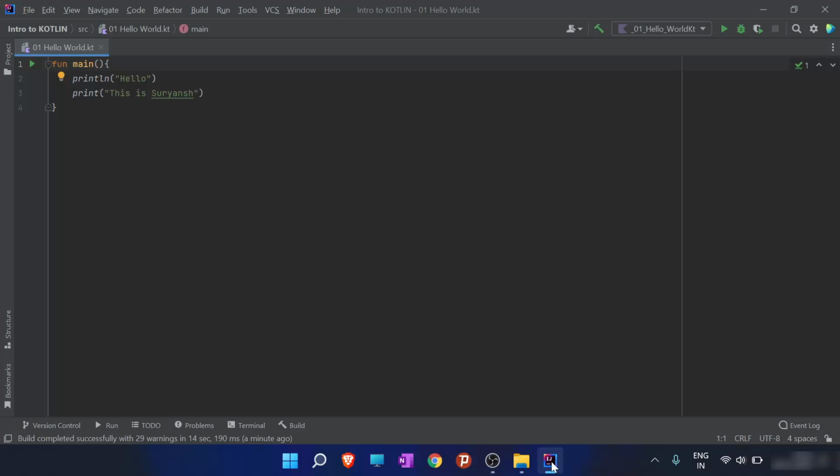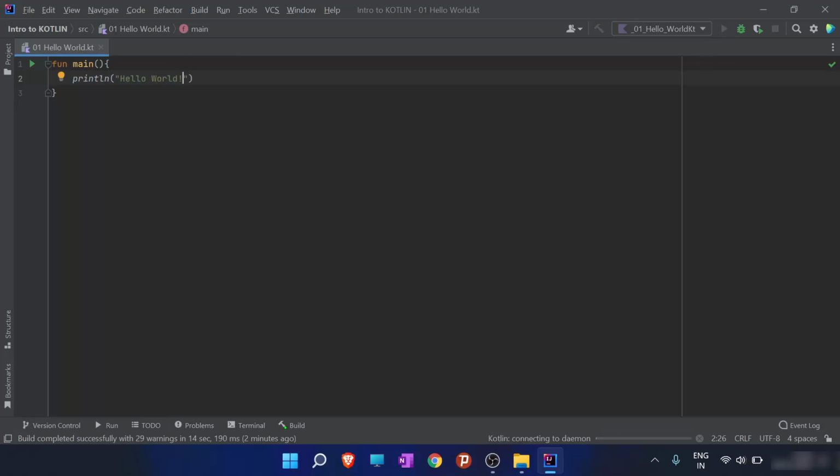In this video, we are going to write our first program, which is the Hello World program. We have opened IntelliJ IDEA for that, and the program structure goes like fun main. I'll be explaining the program to you in a while. println is a command for printing a statement, and Hello World. Okay, so when I run this program,